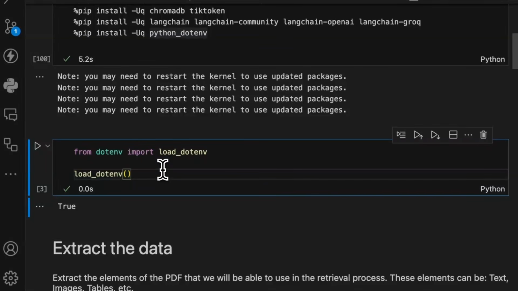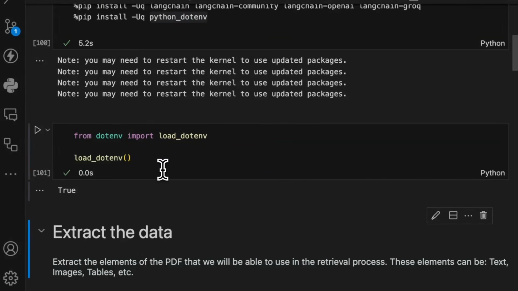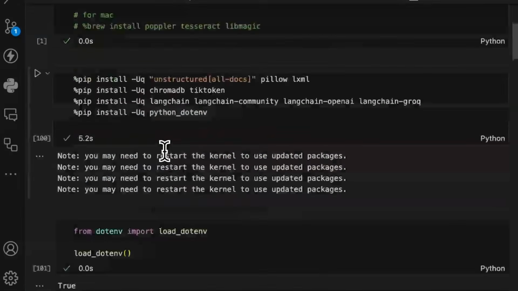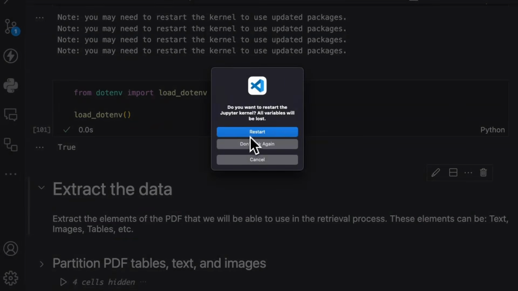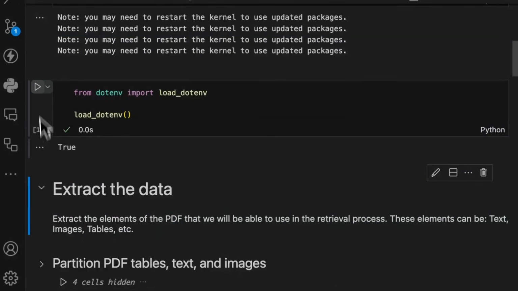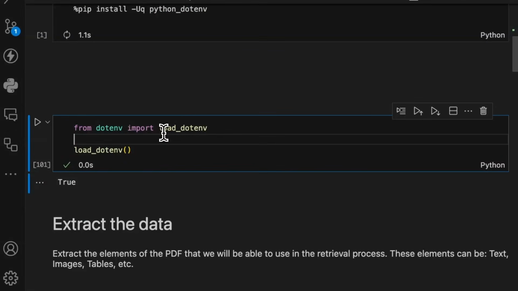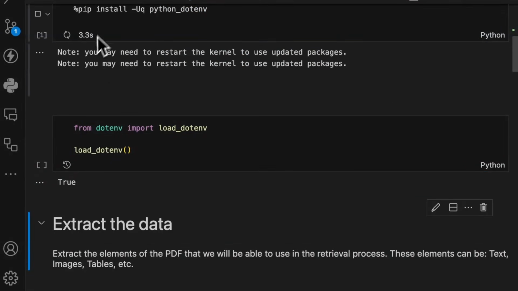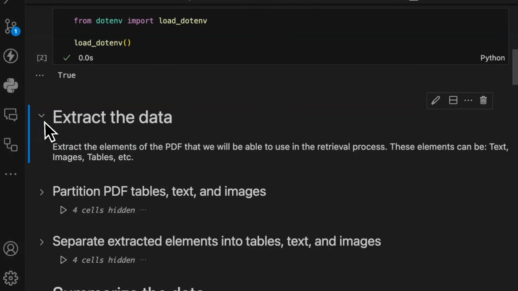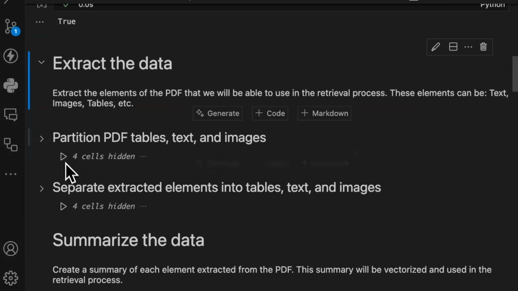And once that is run, I'm actually going to restart the kernel because I realized that I had already run the whole thing, so I'm on run 101 right now. So just to make sure that we're all working with a similar environment, now I'm going to rerun the whole thing. So once you have installed everything, the first thing that we're going to do is we're going to partition